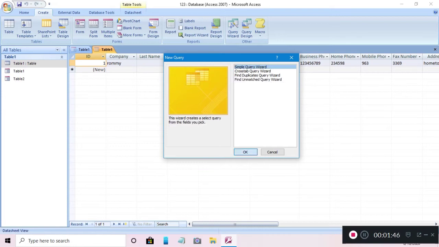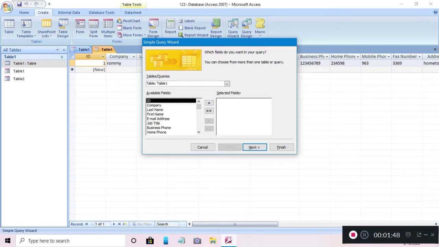We'll do the OK. Now again, this dialog box which we have already seen in creating a form is asking what details you want. So I will select the desired details: last name, first name, email address, job title, business phone number. That's it.